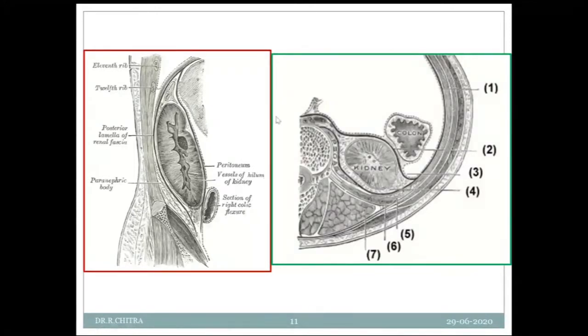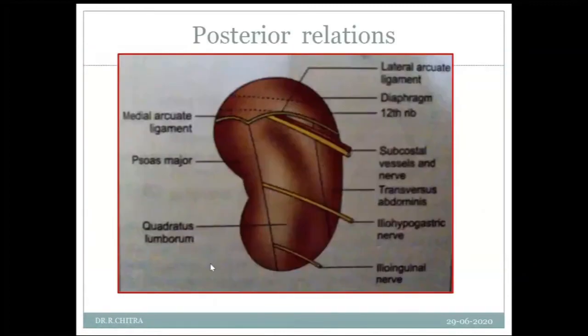So this is the renal fascia, which is formed by the condensation of extraperitoneal connective tissue around the kidney, and we have traced it laterally, medially, above and below also. Now the relations. Presenting parts of the kidney: each kidney contains two ends, upper end and lower end, medial border and lateral border, one posterior surface and another anterior surface. So we will see one by one.